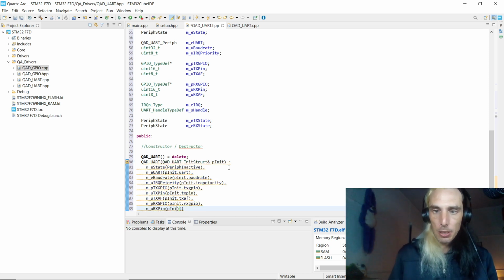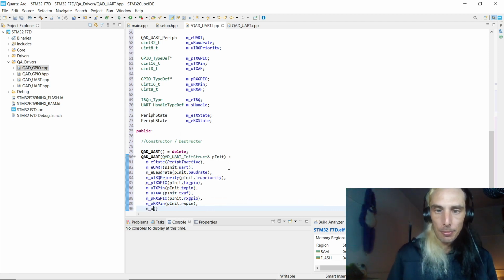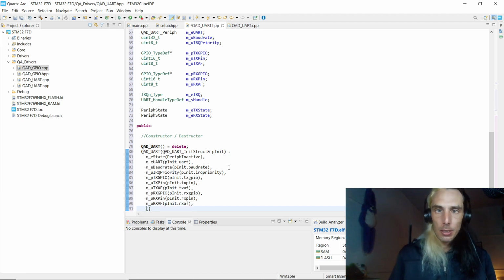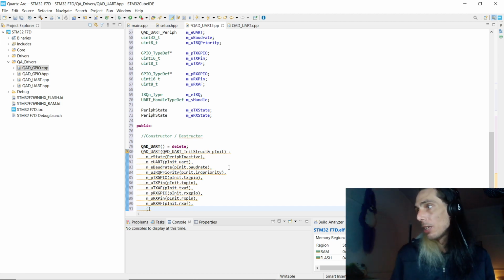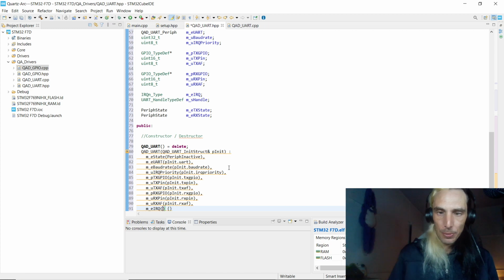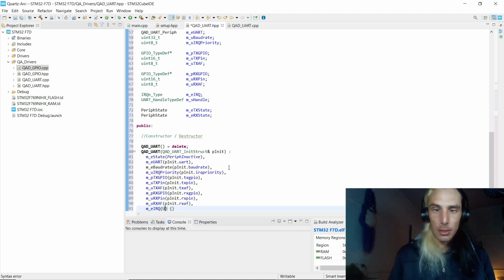MURX pin P init RX pin. This will be RXAF, and then we also need to get our for our IRQ. We're just going to chuck a default one in there for the moment, which will be UART1